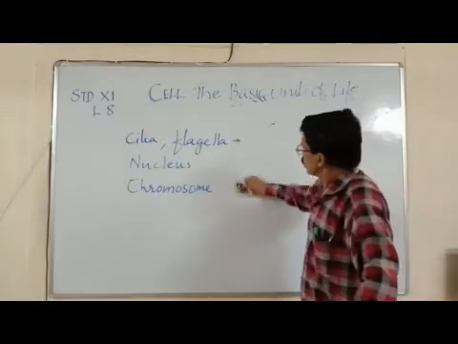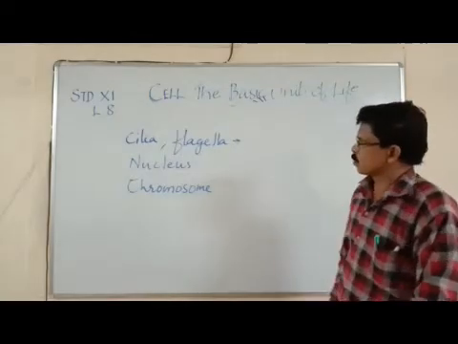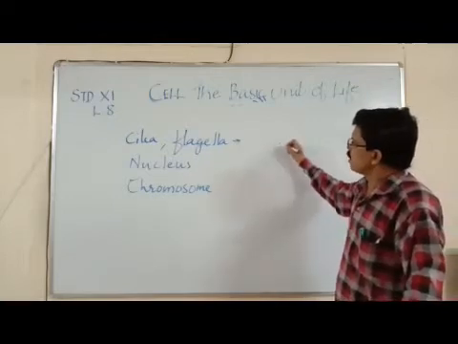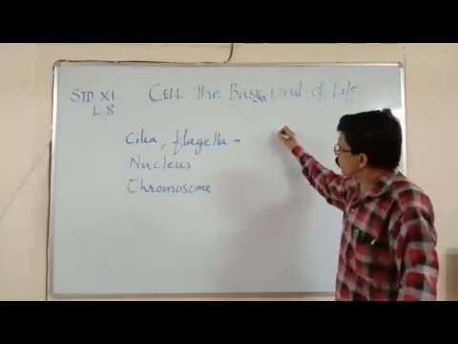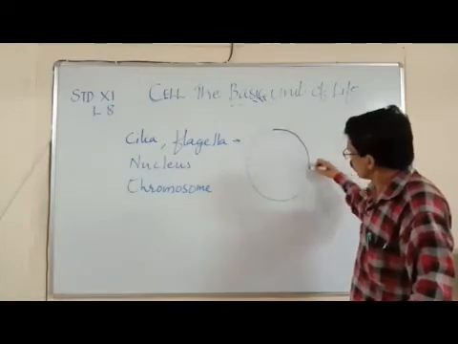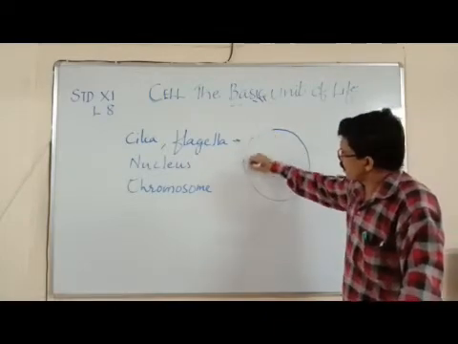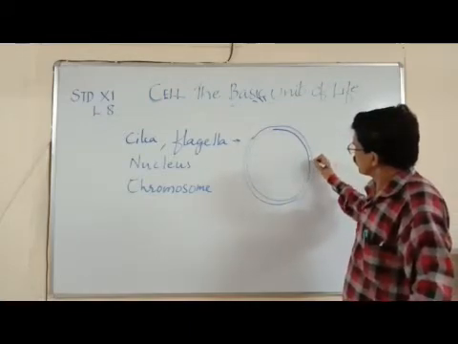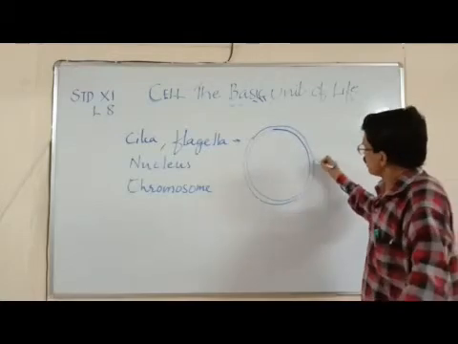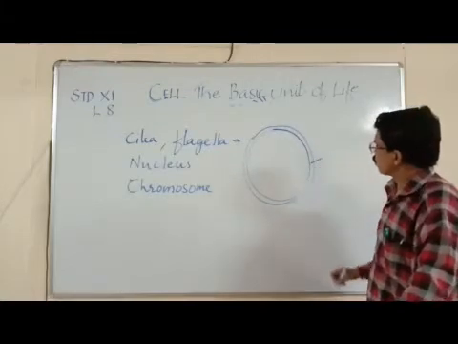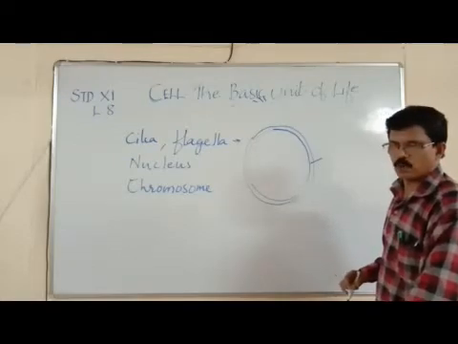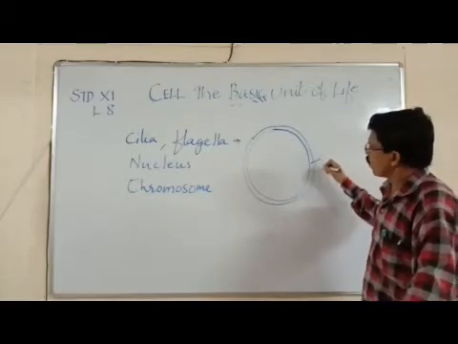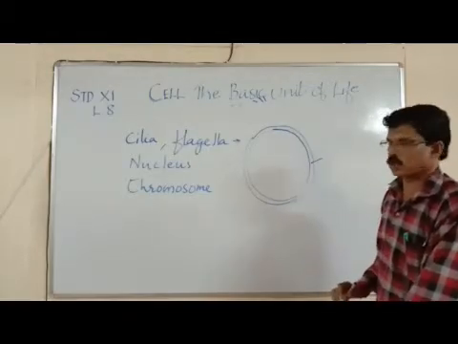Now we are coming to the nucleus. Nucleus is the controlling center of the cell. In a eukaryotic cell, the nucleus is well defined and consists of 2 membranes. We call them nuclear membranes. The 2 membranes of the nuclear membrane contain a space in between, that is called perinuclear space, filled with a fluid, perinuclear fluid, and the perinuclear fluid maintains the rigidity and the spherical structure of the nucleus.